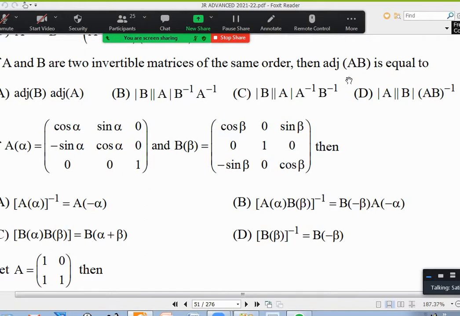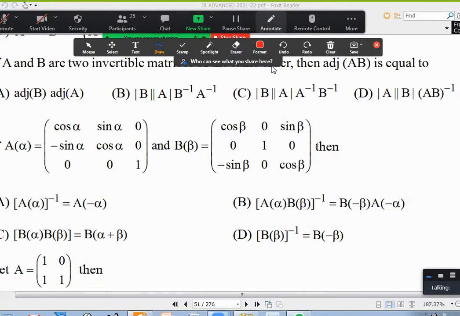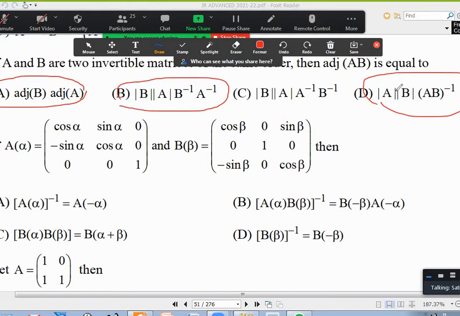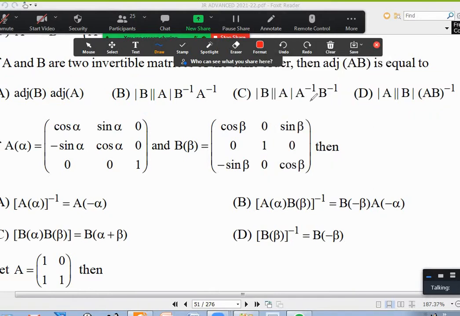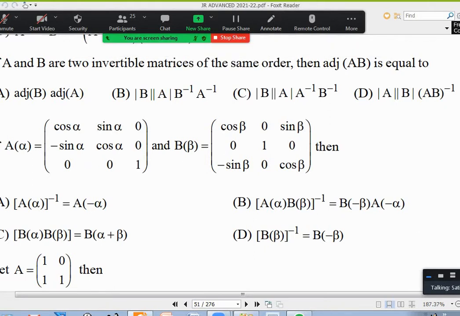So like that, here det AB into AB whole inverse. That is this one. This is one obvious answer. And AB whole inverse, we can write as B inverse into A inverse. So that is this answer. And option A itself is also one formula. So A is a formula, B is a formula, D is a formula. You will get A directly, D directly, and simplifying D, you will get B, or simplifying A, you will get B. Either way. C is not right. Okay, third question. Anybody any doubt?